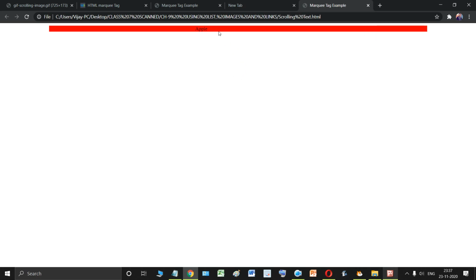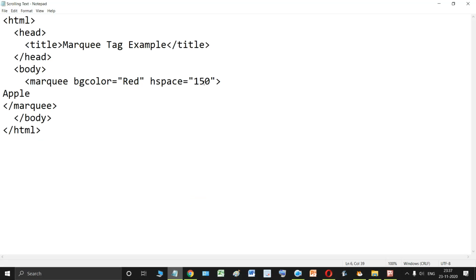Now see, this is the original marquee and this is the horizontal space, which I had kept at 150. Now let me keep V space, let me give V space equal to, suppose, 200.